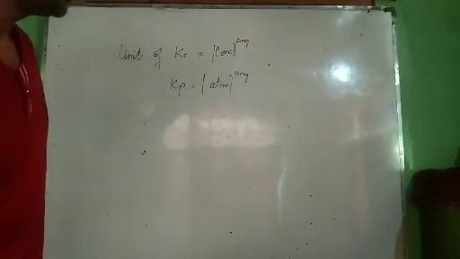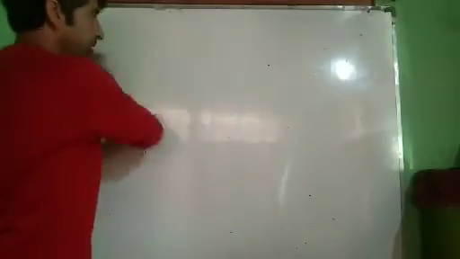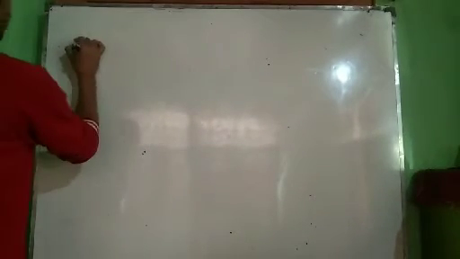Now there are other relations between equilibrium constants. One more relation between Kp and Kc, I'll write over here. Let me check the length of the video. Now the second type of relation. These are relations between equilibrium constants.